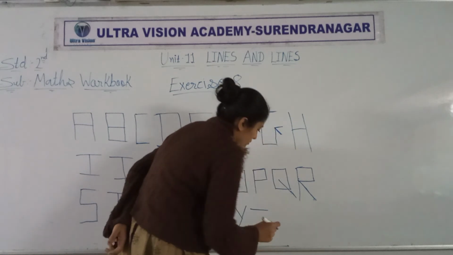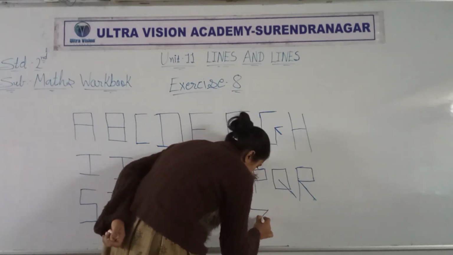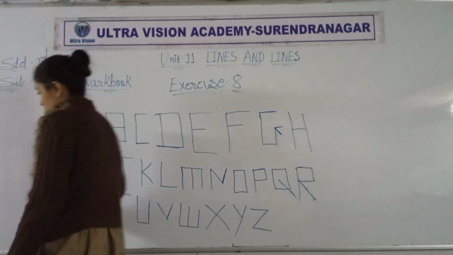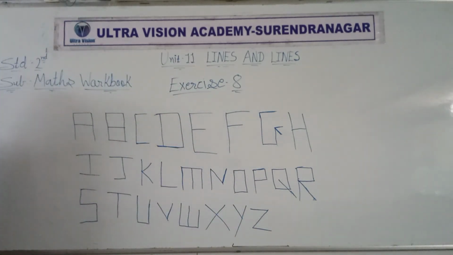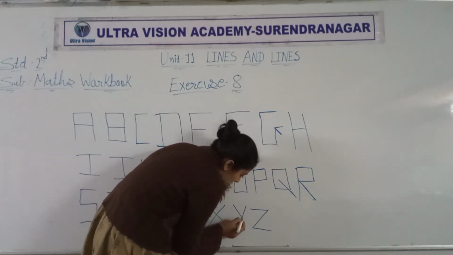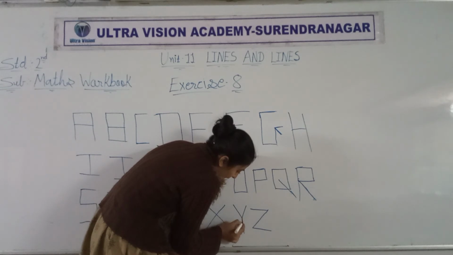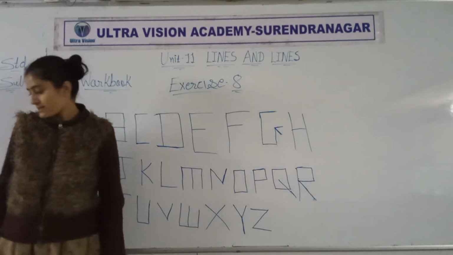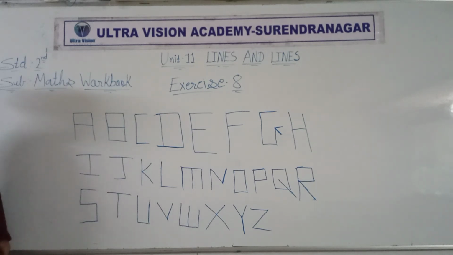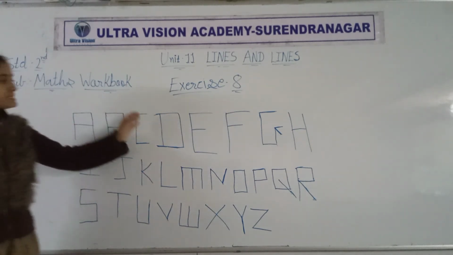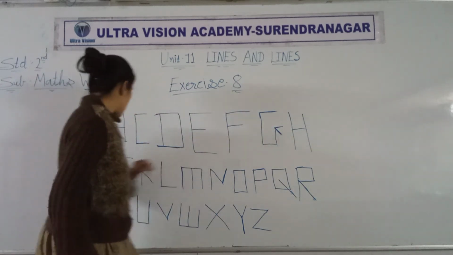First, you have to use here a sleeping line, then again a slanting line, and then again a sleeping line. We just completed, right? Sorry, my bad. We have to use here a standing line in a Y. Okay, Y and Z. Okay, so we just completed this alphabet: A, B, C, D, E, F, G, H, I,